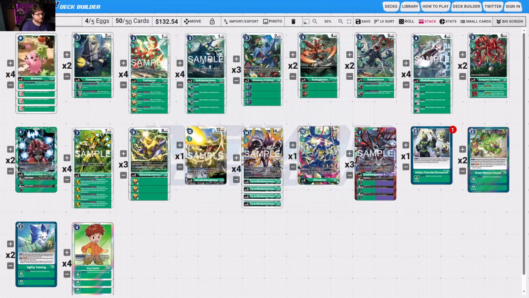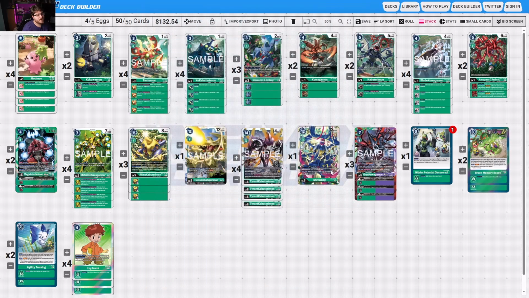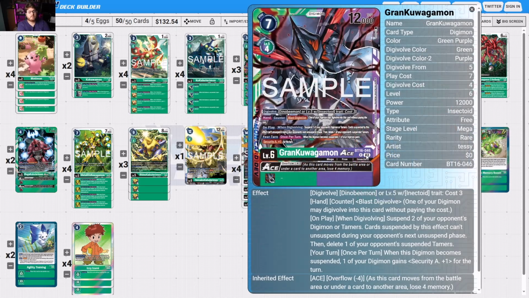I think it's a really powerful skill. And then end of turn, by spending one of your other Digimon, return one of your opponent's Digimon with DP less than or equal to the DP of the suspended Digimon by this effect to the bottom of the deck. Not bad for removal, especially because Grand Kawagamon Ace is really solid here. For an on-play, suspend 2 of your opponent's Digimon or Tamers. Cards suspended by this effect do not unsuspend until the